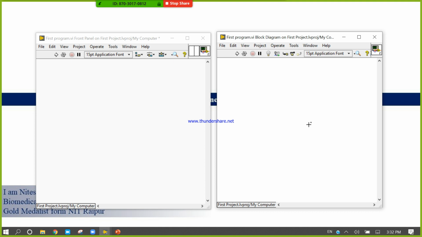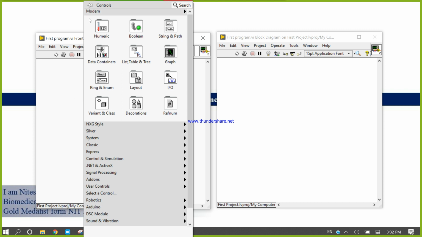Okay, so let's start to learn something about the numeric function palette. I will upload one video related to the numeric function palette, and you can use that video to learn about it. Okay, I am going to teach you representation.